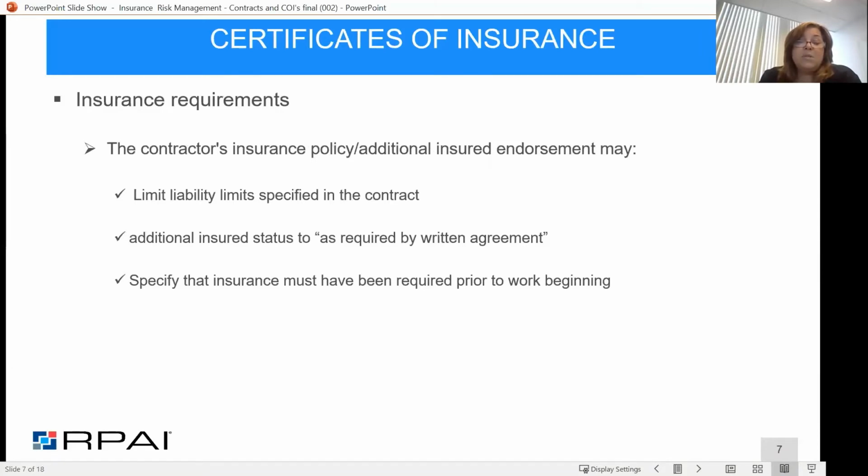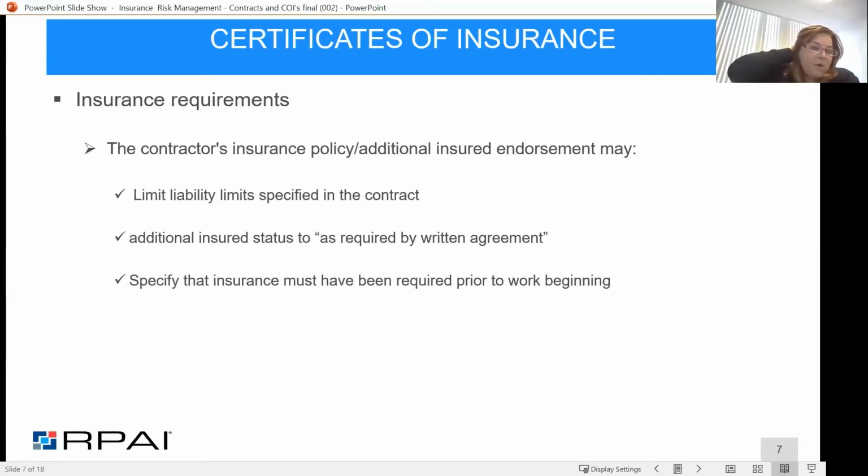They also will state that the additional insured status only applies if there's a written agreement in place. So that means you have to have the contractual obligation, the contract, for an additional insured to apply. And you'll see a lot of times on the certificates of insurance, they're going to put that actual wording on there. They're going to say Company ABC is an additional insured as required by written contract. So if you don't have the specifications correct in the contract, the additional insured endorsement isn't really going to do you that much good.